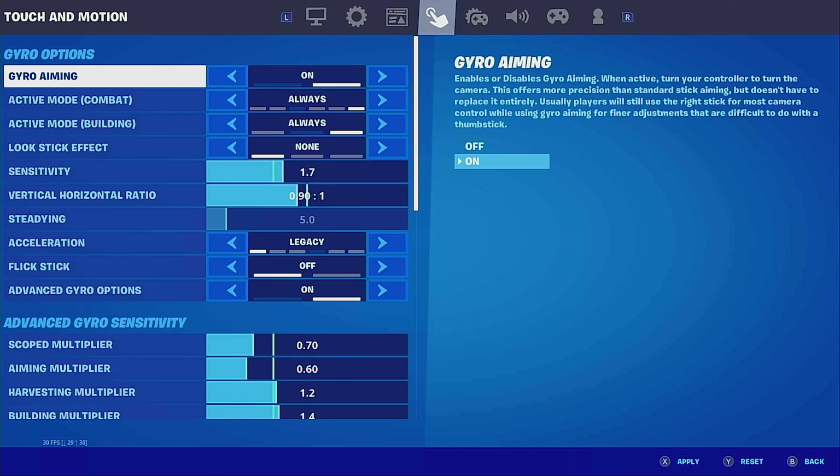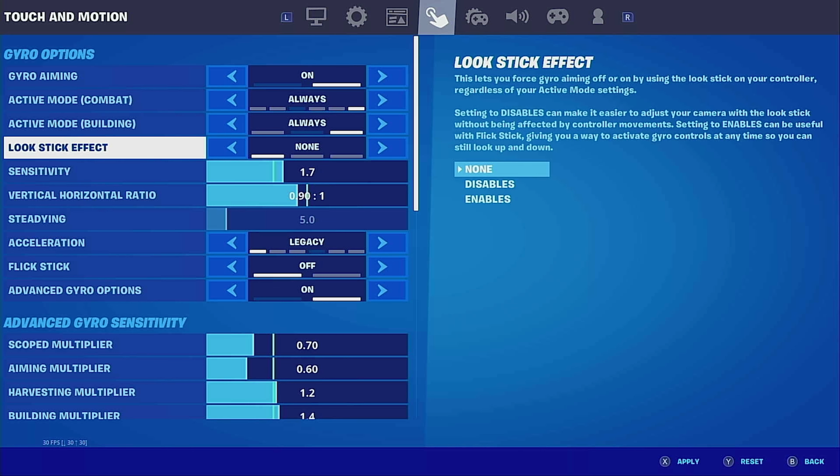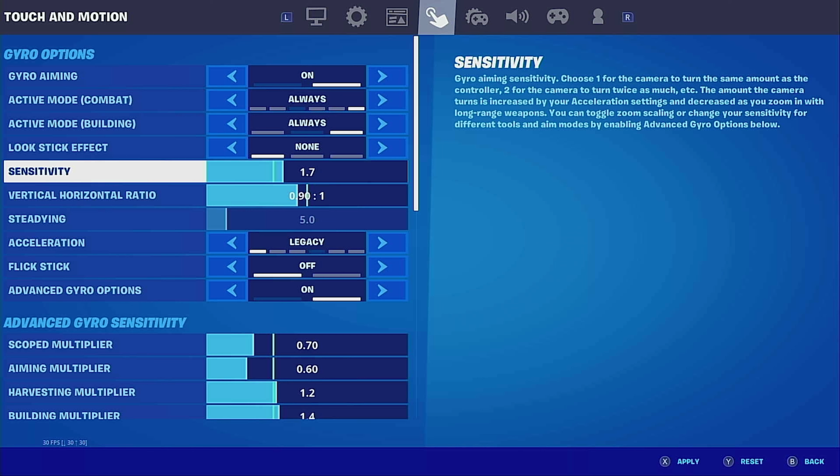Here's my gyro settings. I have it on, always, and none. My sensitivity, I kind of change it in creative. I go to